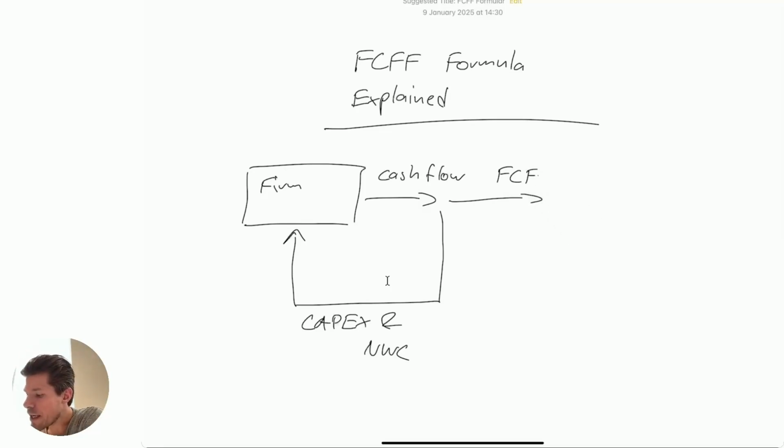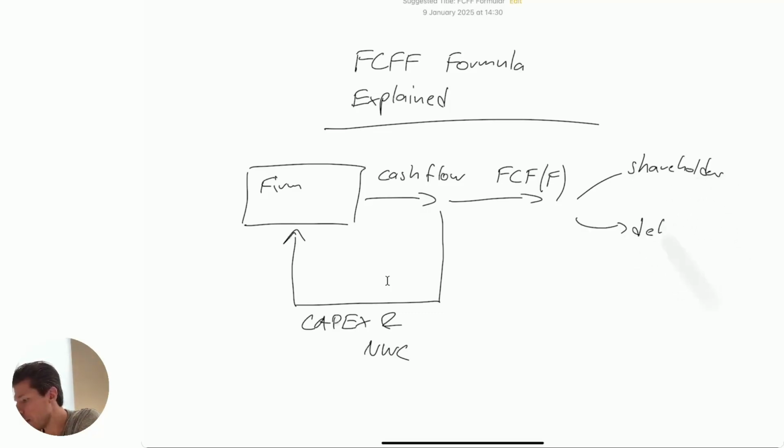And when we say free cash flow to the firm, that means we consider both shareholders and debt holders. There are other formulas, free cash flow to equity holders. This is the free cash flow part that only goes to share or equity holders. But the formula we are using is the free cash flow that is available here. So we are not deducting any